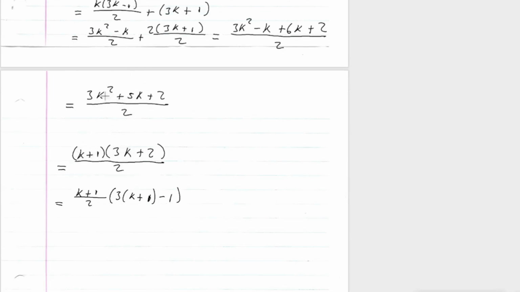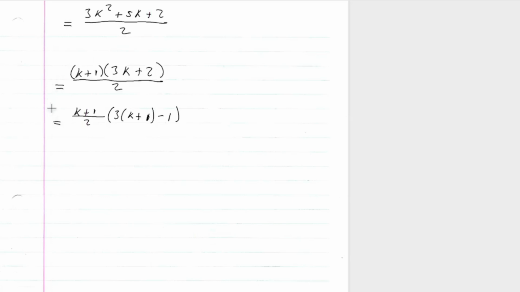K times k is 3k squared. K times 2 is 2k. 1 times 3k is 3k. So 2k plus 3k is 5k, and 1 times 2 is 2. So, as you can see, this right here is the same thing as this, which is the same thing as where we wanted to get to. Thus,